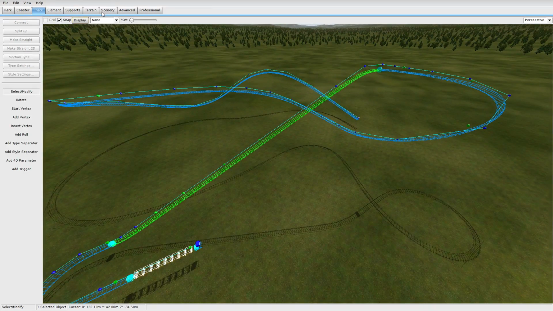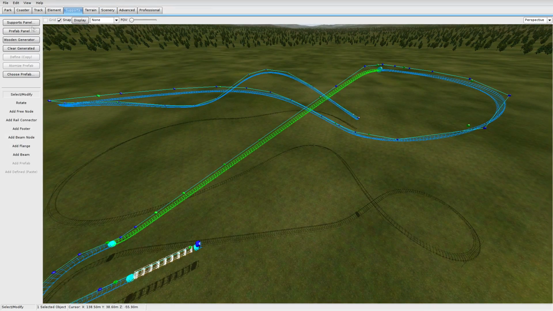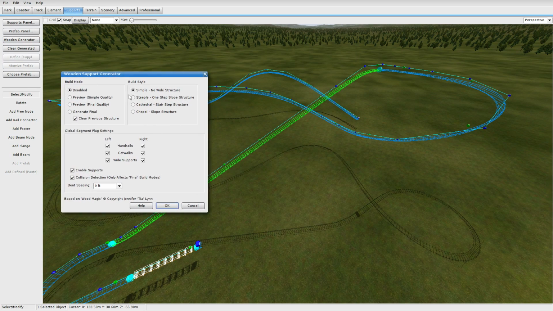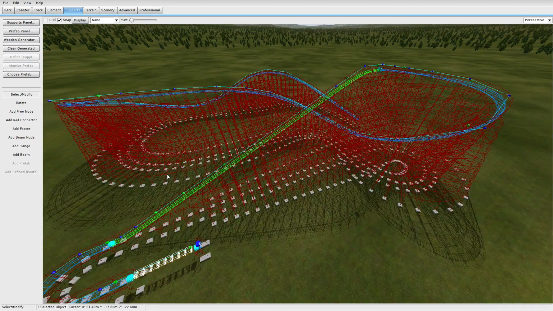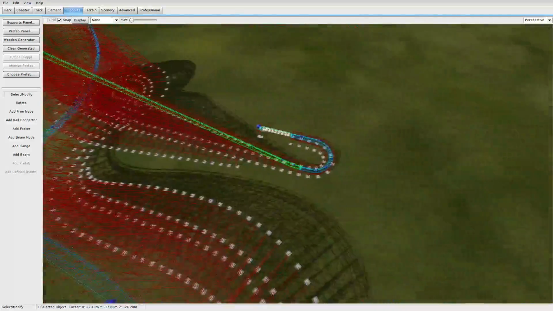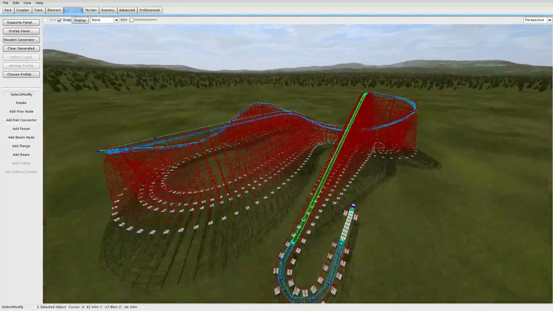So what I'm going to do is actually go to the supports. I want the supports with it. Wooden generator. And you choose all these different settings here. No wide structure. I like to have at least one steep slope structure. We'll generate final. Wide supports. Enable supports. Okay. So there we go. It auto generates our supports, and we can see kind of what we got so far